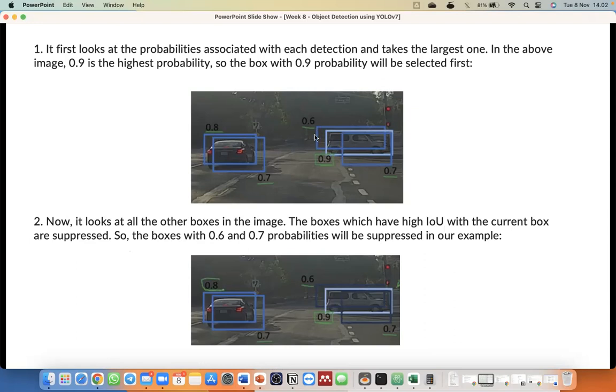Jadi kan ini sebetulnya bounding box yang ini sama 0,6 sama 0,7 ini kan punya IOU, ya, dengan bounding box yang punya probability yang paling besar di sini kan, ya. Jadi bounding box yang punya PC 0.7 sama 0.6 ini kita akan suppress. Suppress itu apa? Dihilangkan. Nah, berapa IOU yang kita tentukan? Nah, itu threshold juga. Oke.